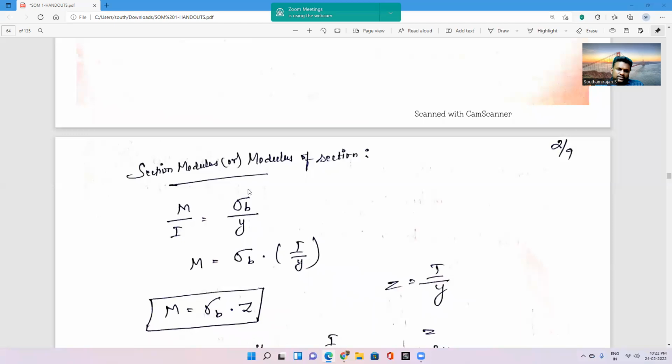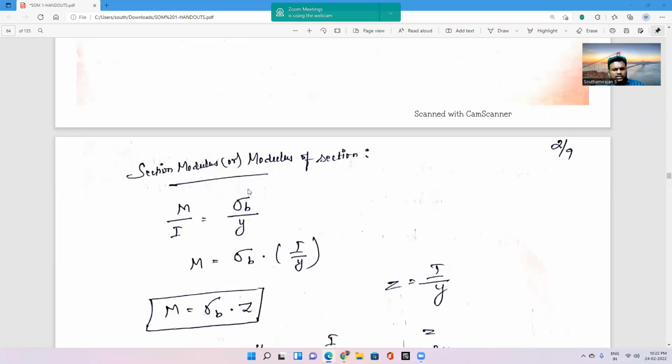So for that purpose we have to be very clear about the section modulus, because section modulus is very prominent for steel as well as for concrete members, concrete column or beam, or it may be of any cross-sectional shape. The section modulus is represented by the term Z. So the Z value will vary with respect to